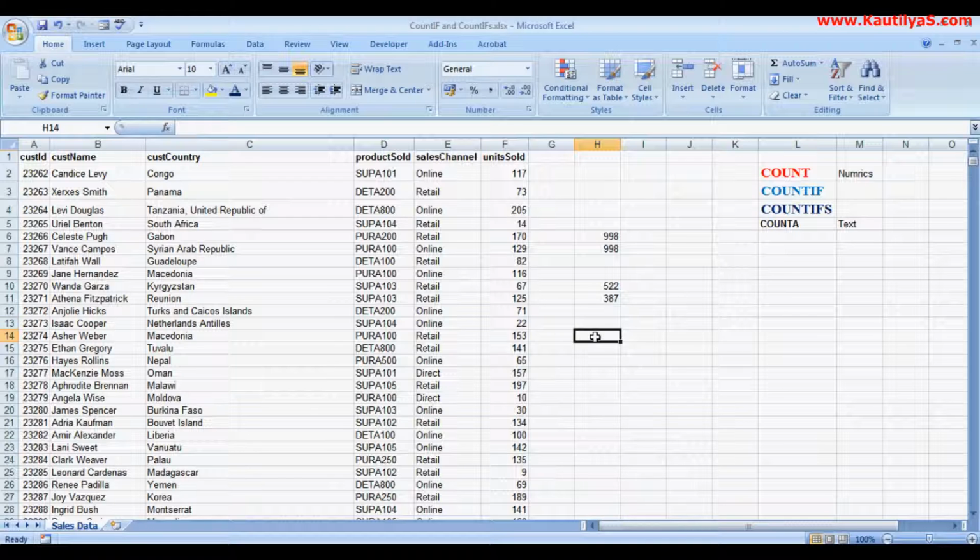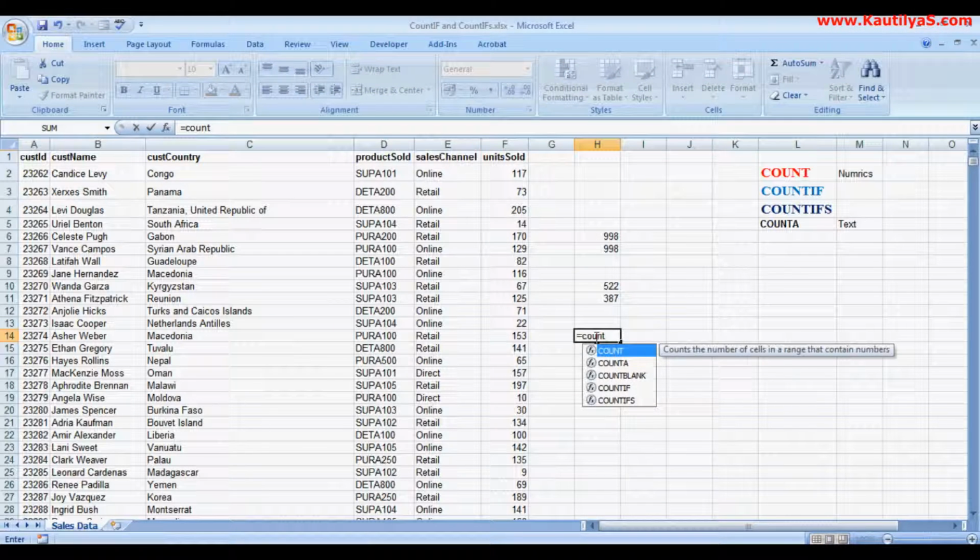For this we use Excel COUNTIFS, plural IFS, so multiple conditions can be given.